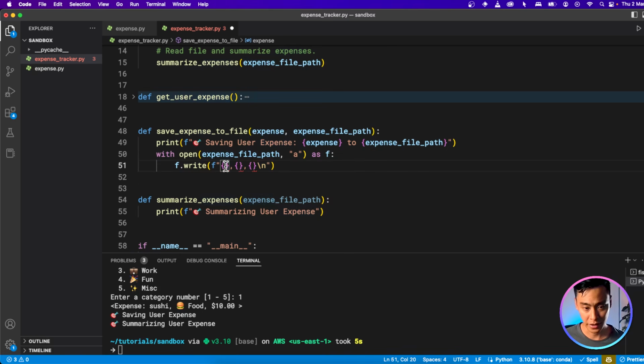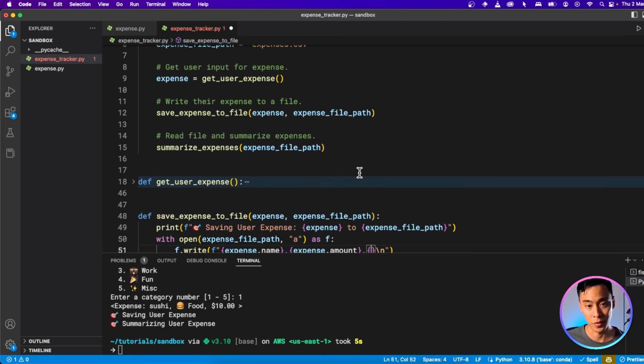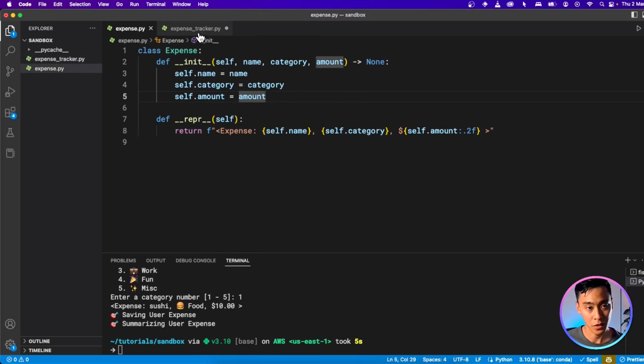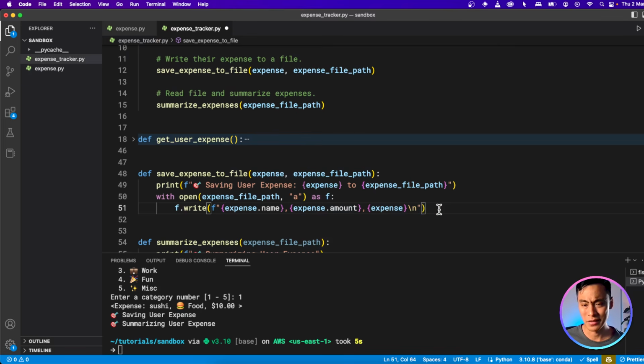So we've got our expense here, and we'll just fill it in with each item. The expense name, the expense category, or amount, I guess. Depends. It doesn't matter what order you put them in, as long as you remember it and you're consistent with it. Let me tell you something. This is super annoying to me because I'm typing the name of these variables, but if I don't remember them or I make a mistake, then I have no way to tell what it is. So if you're using Python, I think maybe Python 3.8 or 3.6 or above, it's got this thing called type hints, which says that if you know what type of item this expense is going to be, you can hint your editor to know about it so that it suggests you these fields, right?